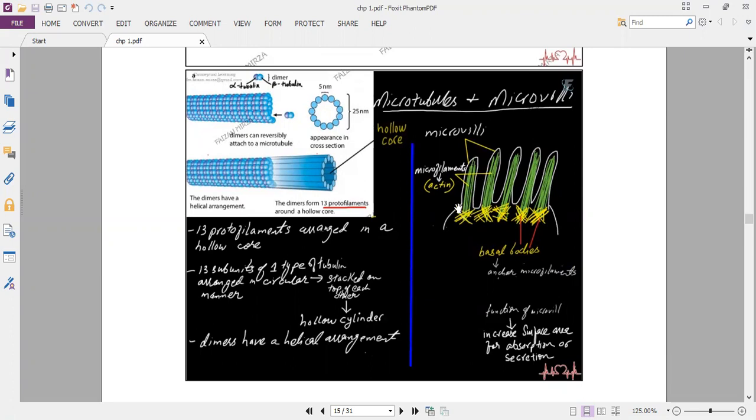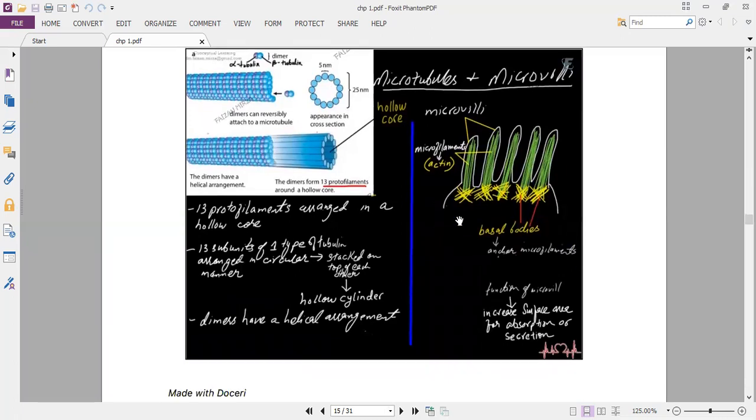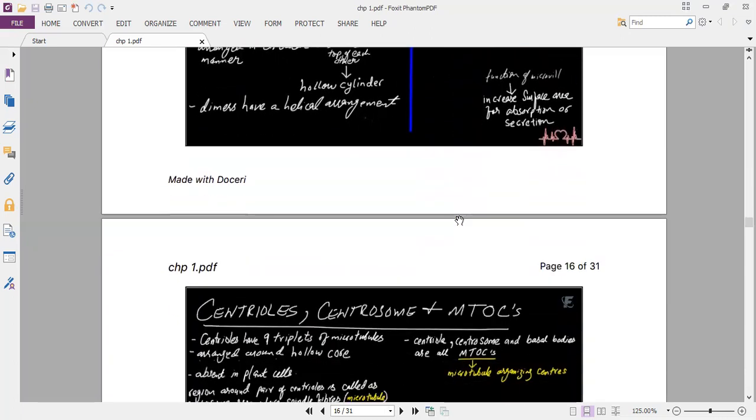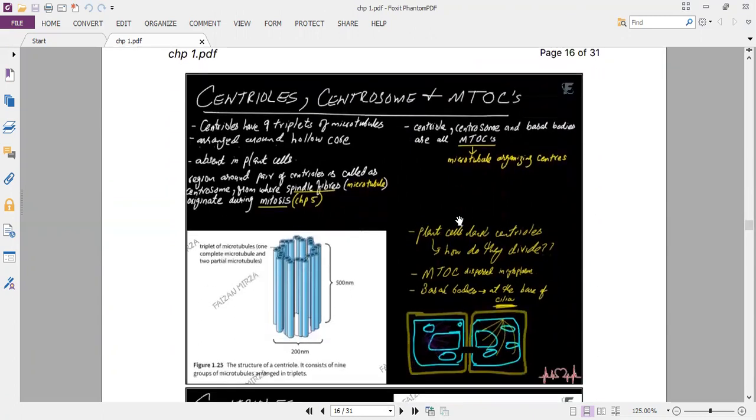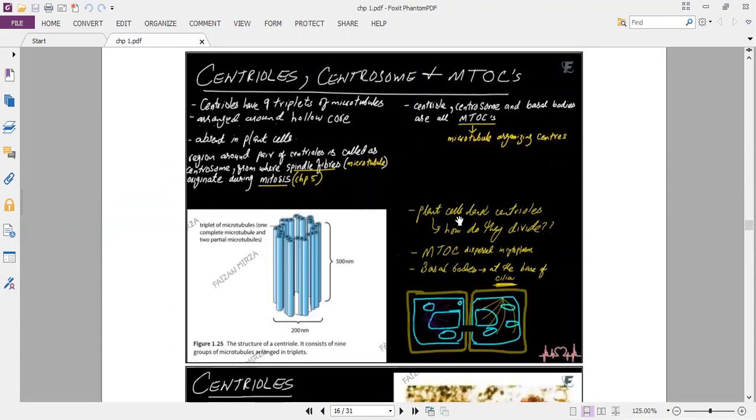And inside the microvilli, which otherwise would have been very fragile structures, there are microfilaments to provide them strength. Microfilaments are similar to microtubules, but they are way thinner. And they are made up of a protein called actin. And these green things, these are actin filaments lying parallel to each other. They are held together by the basal bodies, which are present at the base of these microvilli. So they keep the microvilli stiff, they keep them protected so the microvilli are not sloughed off from the cell.